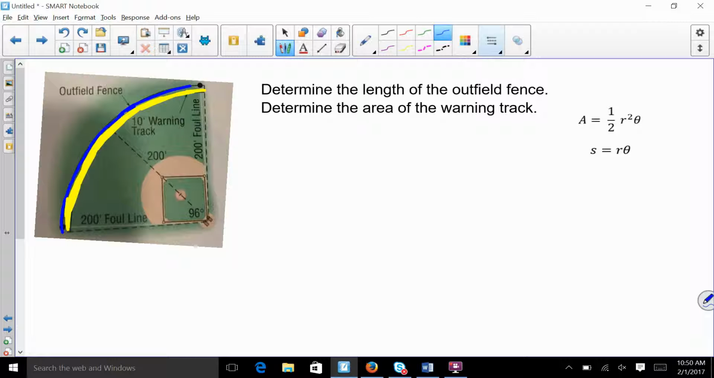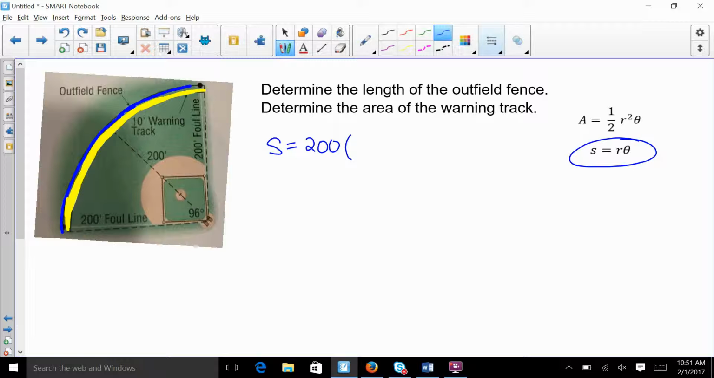Okay, so I'm going to be finding two things. So first, let's talk about finding the length of the outfield fence. In order to find the distance of an arc, which is what we have here, we're going to use this formula right here. The distance is going to be equal to my radius times my angle in terms of radians. So to start this off, distance equals, well, my radius. In this case, they tell me that the distance from the home plate to the outfield fence is 200 feet. So I'm going to have 200